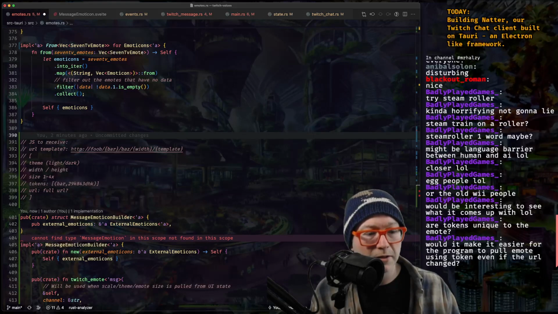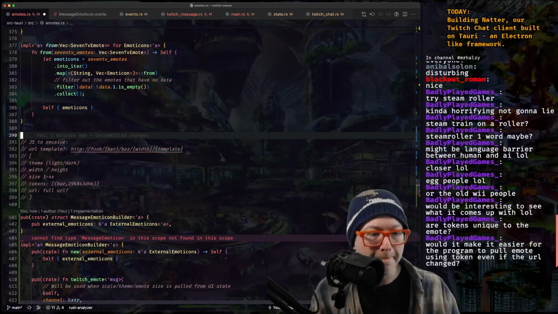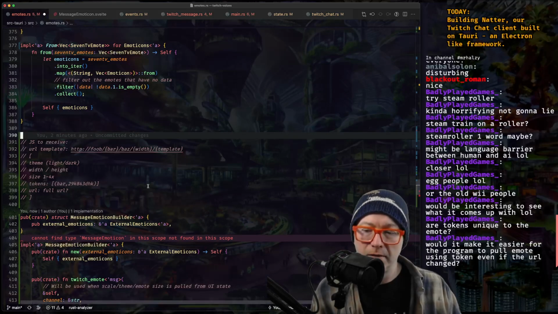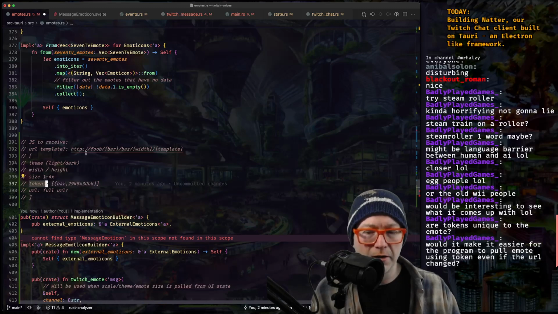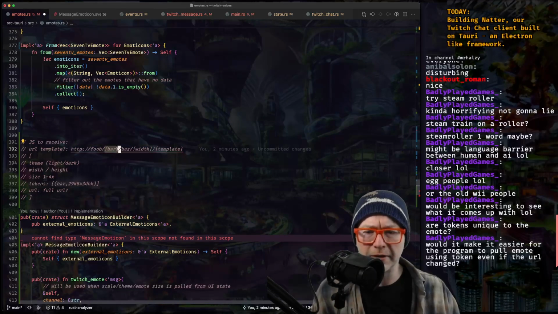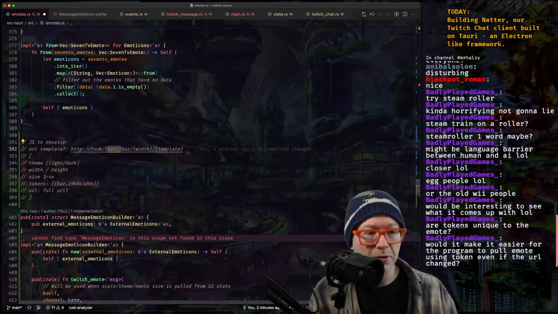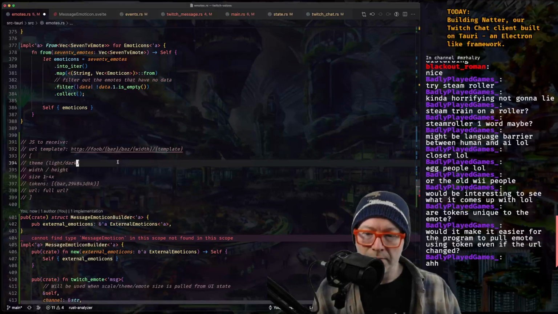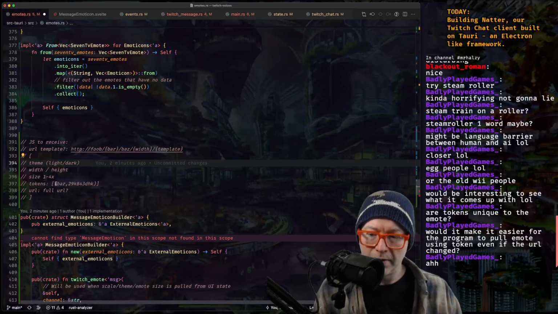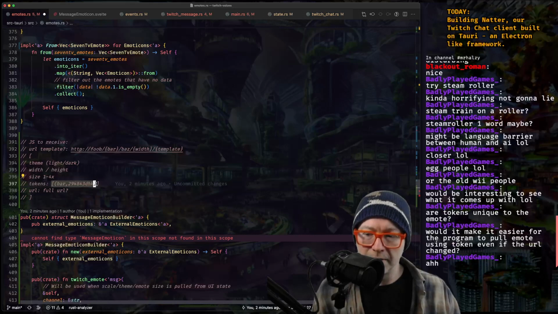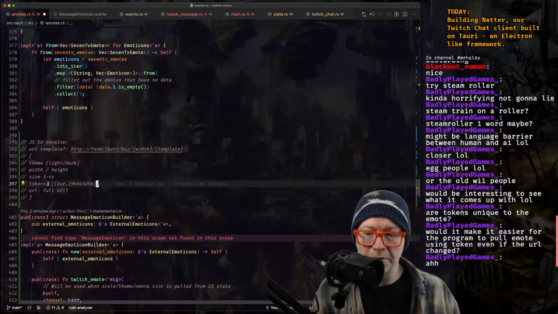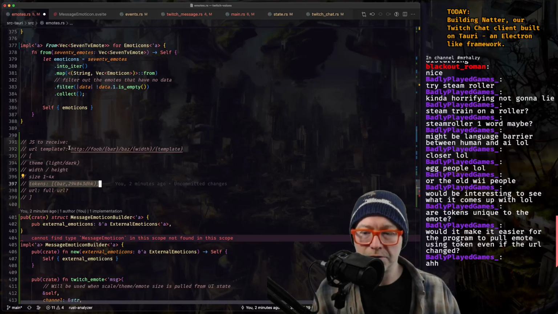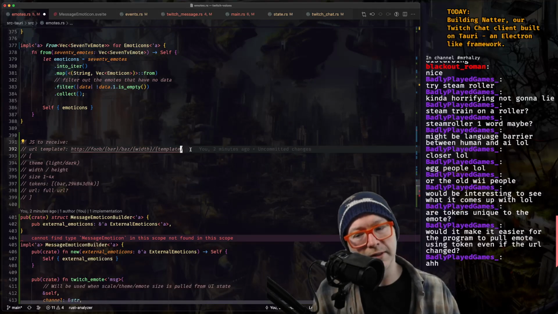Even if the URL changed, the tokens here would be just odd properties, right? That might be specific to the URL. That could be like creator name and stuff like that. And we would never look up an emote using that information. Oh yeah. I don't mind just having the fully baked URL in lieu of tokens. It's going to use a little bit more space, but that might be okay.